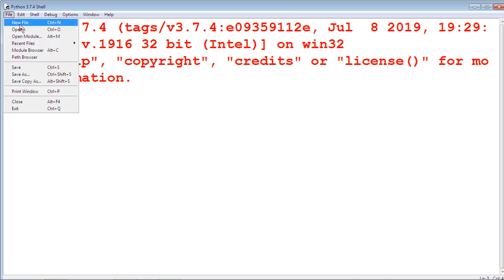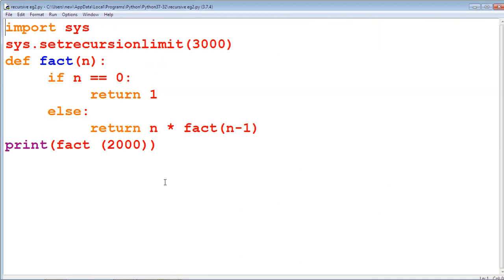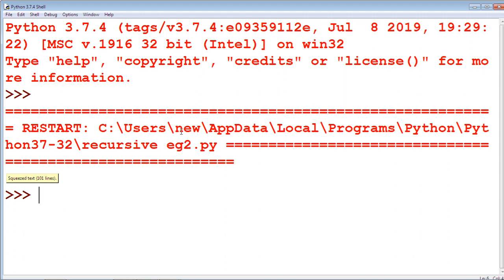File open, recursive function example 2. Five factorial is 120, so 2000 factorial is enormous. 2000 into 1999 multiplied by 1998 up to 1. So it must be a huge value. So the limit is extended to 3000 here. Run this module by using run module.